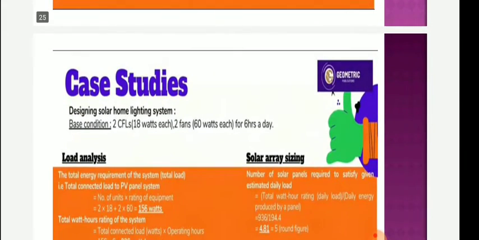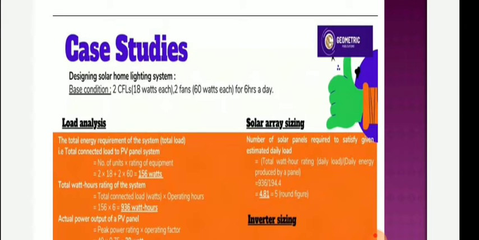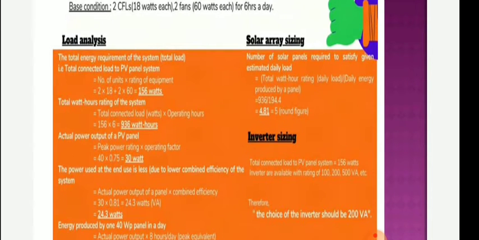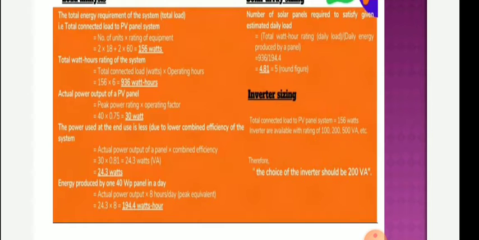Here one case study is given: a light, 2 CFL lights of 18 watts each and 2 fans of 60 watts each, for 6 hours a day. A simple calculation is made. The total connected load in the PV panel is 2 into 18 plus 2 into 60, which is around 156 watts. The total watt hours rating of the system, taken for 6 hours, is 936 watt hours. Then the actual power output of the PV panel is the peak power rating times the factor, that is 40 into 0.75,